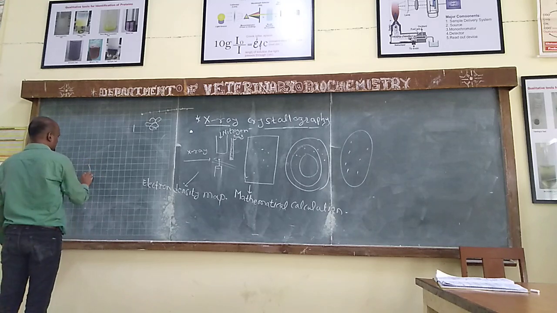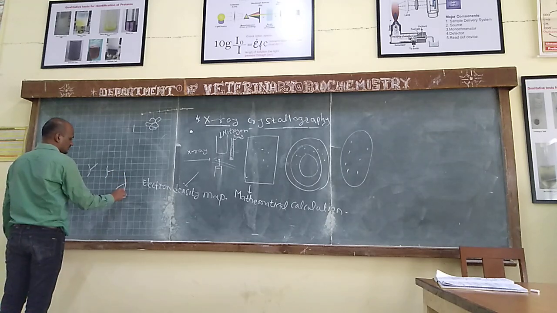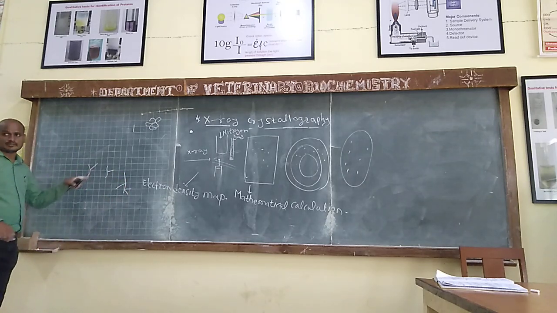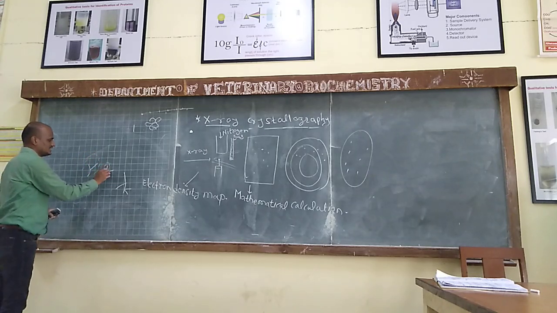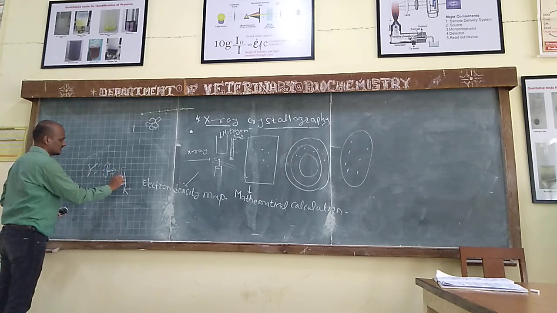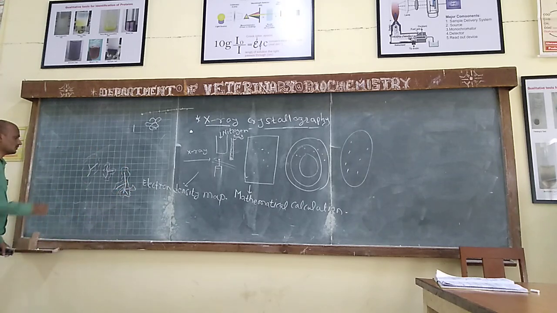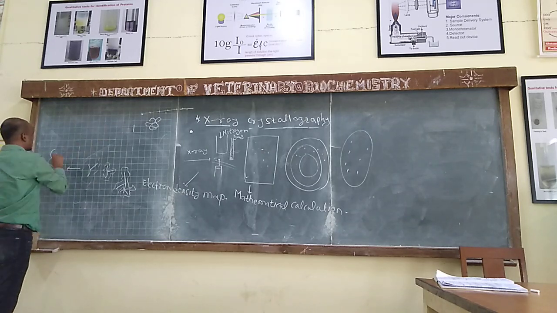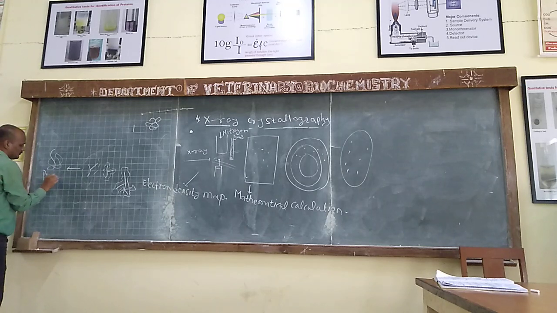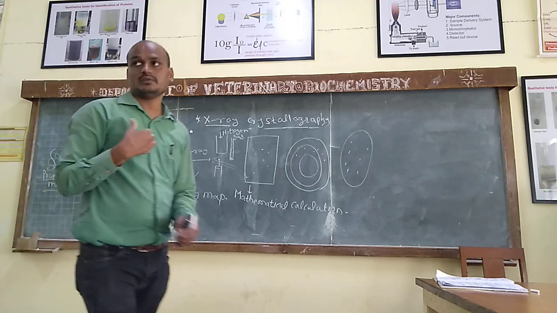So if this is our protein, some chain of proteins is there. For example, these are different amino acid chains. Here we will get higher electron density, higher electron density here, higher electron density. Based on this electron density map, we can interpret the model of this protein. So finally we will get the model of the protein like this. Whatever the protein model is there, we can obtain this protein model.